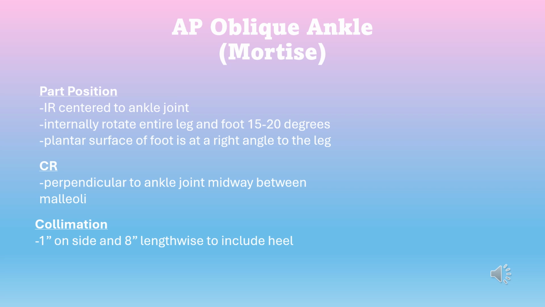This is my favorite projection of the ankle, and it is the Mortise. The part position is same as all the others. The ankle is going to be centered to the IR. We're going to internally rotate the entire leg and foot 15 to 20 degrees, and the plantar surface of the foot is at a right angle to the leg. The central ray is the same as the AP and medial oblique ankle, perpendicular between the malleoli, and the collimation